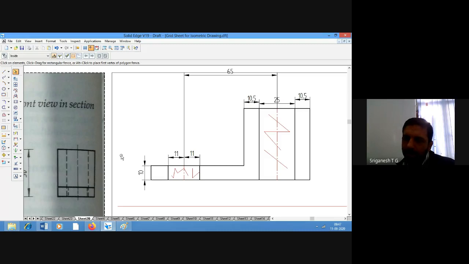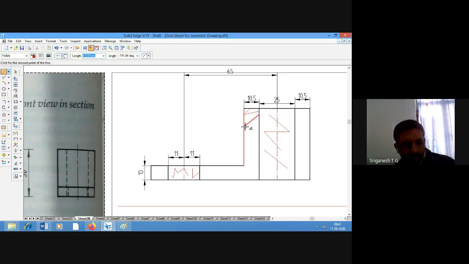So take a pencil and scale, keep it almost at 45 degrees and start drawing parallel lines, either like this or like this. It should be parallel.